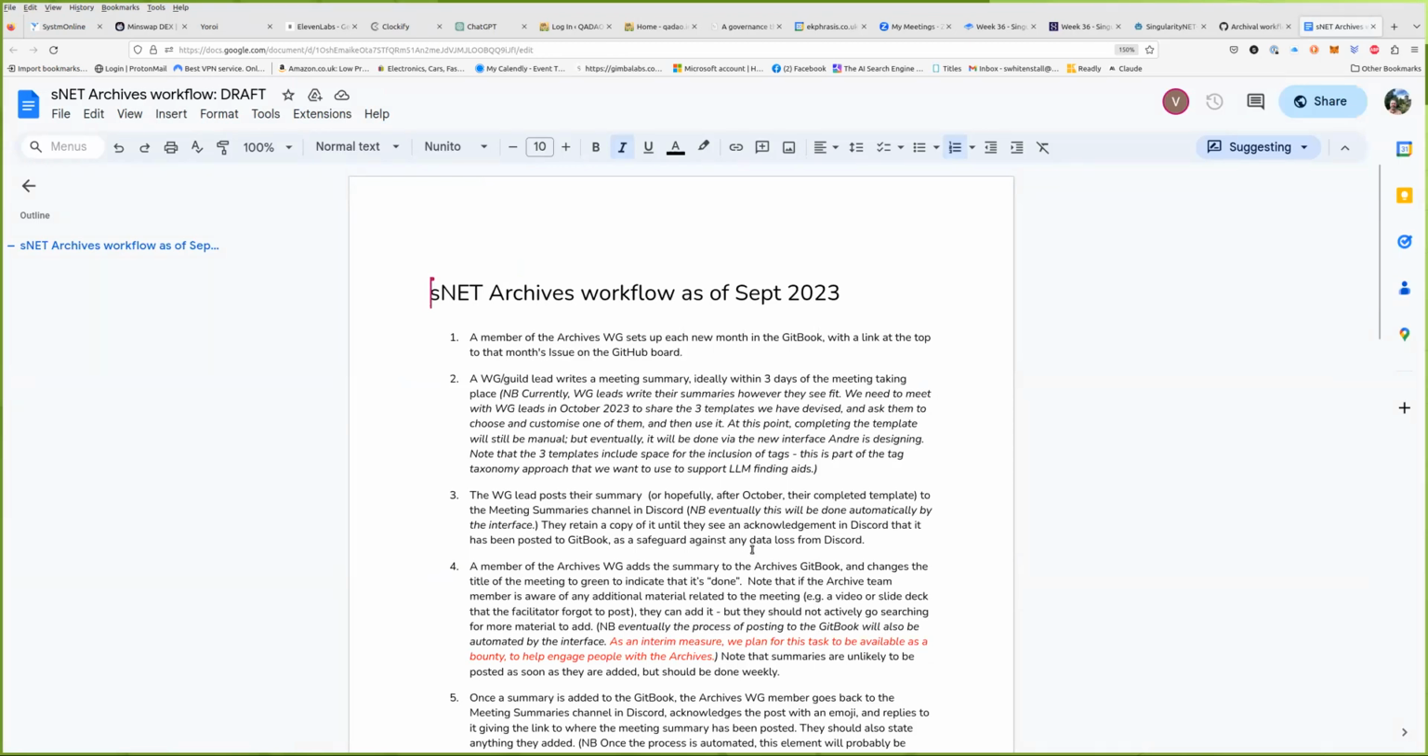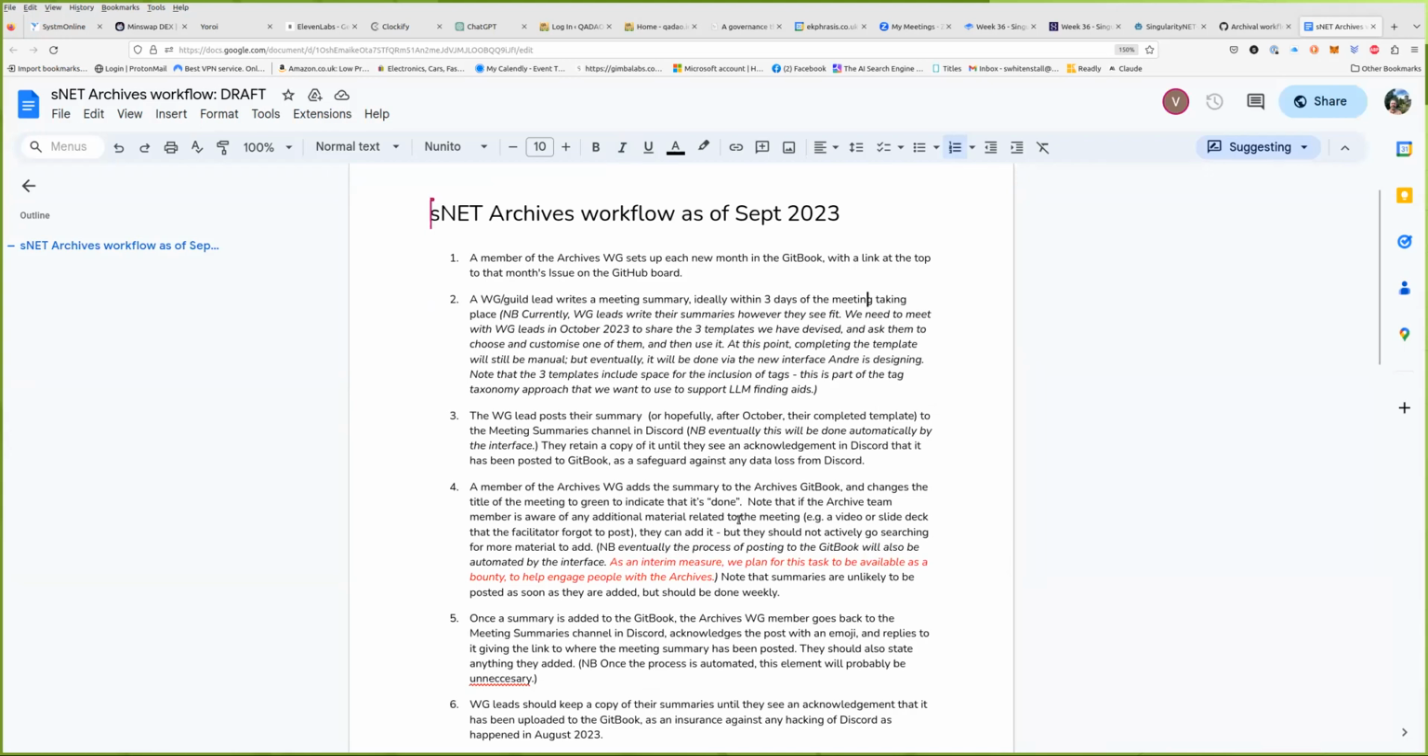Then a work group lead writes a meeting summary, and we agreed that should ideally be within 3 days of the meeting taking place. The note is that currently they write it however they see fit. But in October, we do need to meet with the work group leads, probably mainly me again, to share our 3 templates that we've devised, ask them to choose and customize one of them and then use it going forward. I don't know what people's reaction is going to be. They might just say, we'll do it how we want, but we'll see. And if people do adopt the templates, completing them is still going to be manual,